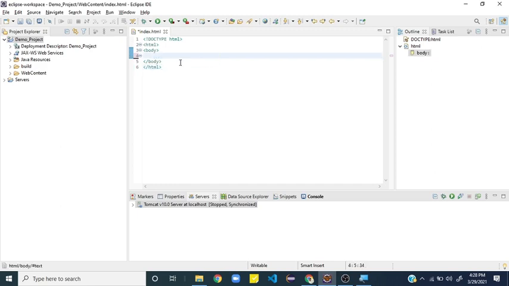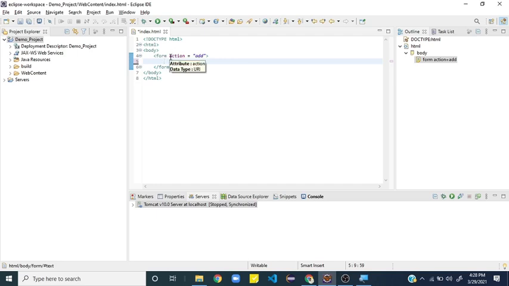Let me remove this, and we have to create a form. So type form, and we need to give action. It's compulsory, and let me give it as add, because we are adding two numbers. The action is what is going to help you map this HTML with your servlet.